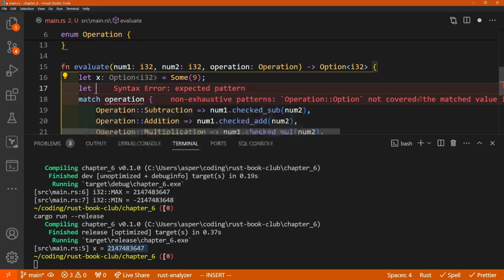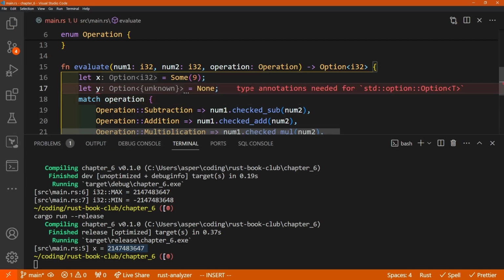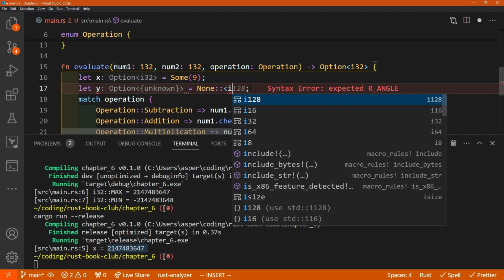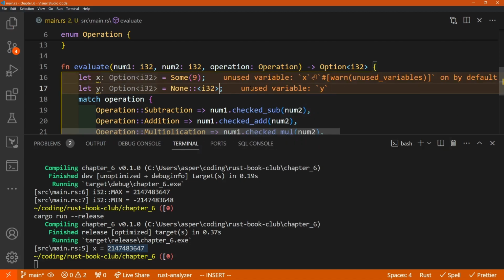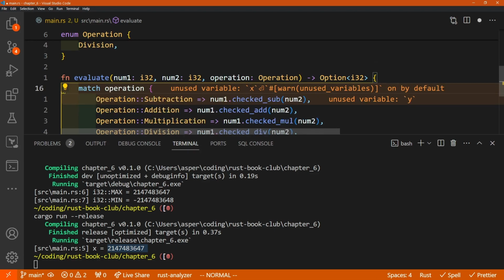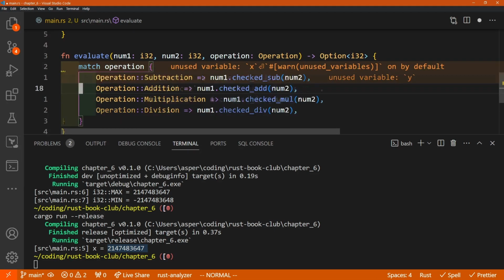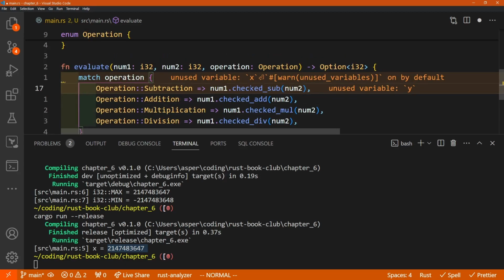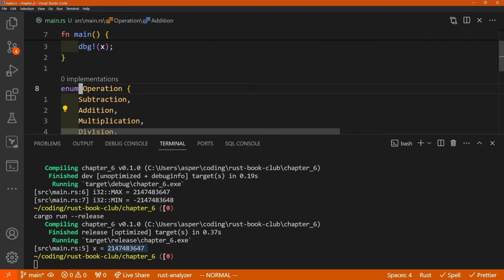Yeah, we have either one of these. And we could also have None. But None doesn't know what type None is, so we have to tell it what type it is. So we could say this is a None that's type i32, and it's happy. Or we could do it the other way and say this is an Option, and delete all of this. So we know it's either None or Some, and we can match on those variants, just like how we're matching here. So if we want to use this number, print it out,